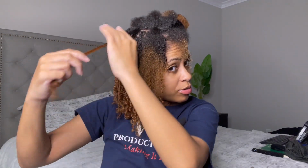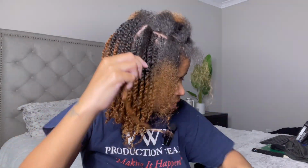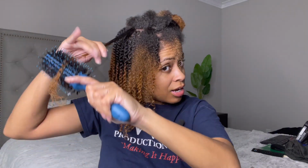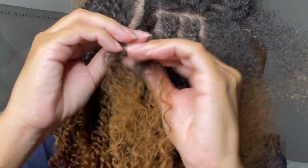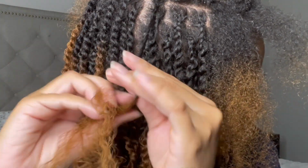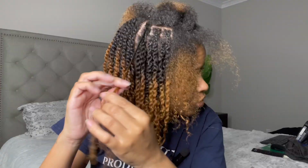So you take a little bit of the twisting butter, and I like to work it in on the section so it doesn't just lay on top. And then I take a brush to kind of smooth it out. So I have been braiding probably like 3, and then I try to split the hair evenly so I don't have to borrow from the other strand, and then I start twisting. And the reason why I do that in the front is so that it can lay flatter in the front, and you can also do it in the back,